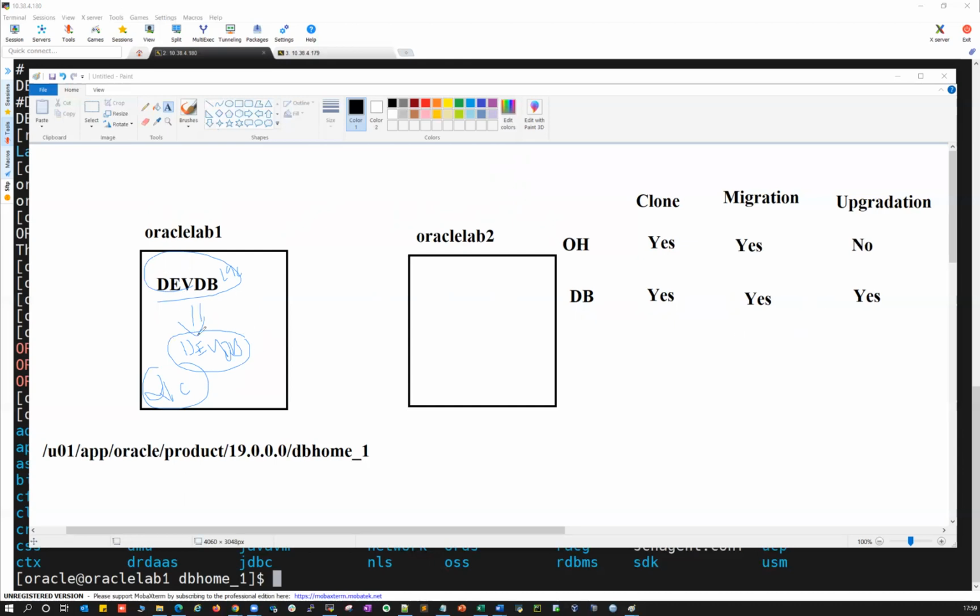So upgradation is going to be on the same server. It's not going to be on the remote server. So if I want to upgrade my DevDB as a 21C DevDB in my Oracle Lab 2, what you can do is upgrade the DevDB database to 21C, and then you can do a clone again here. First upgrade your database on the same server, and then migrate it to 21C here. Or DevDB 19C, you can just migrate it or clone it here,